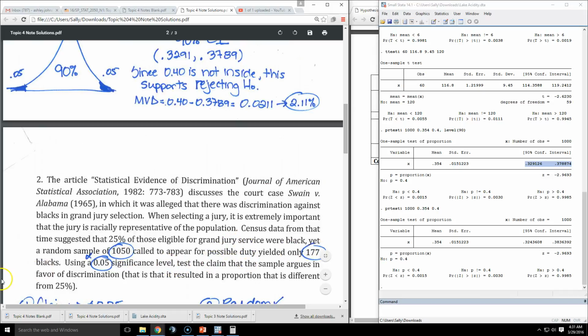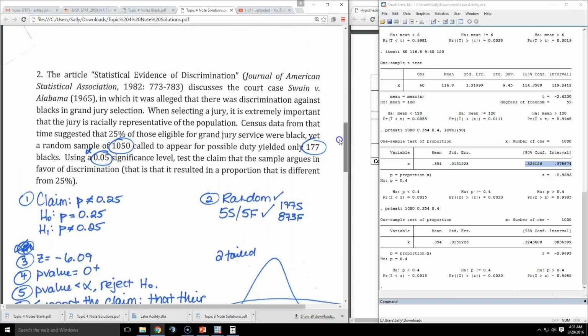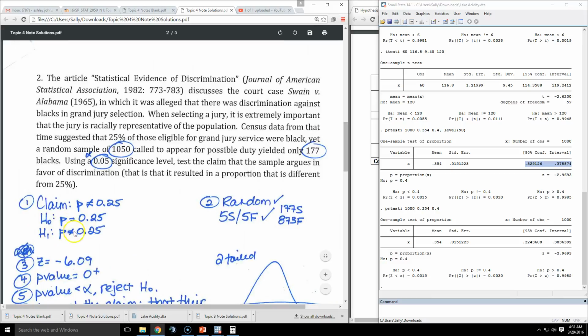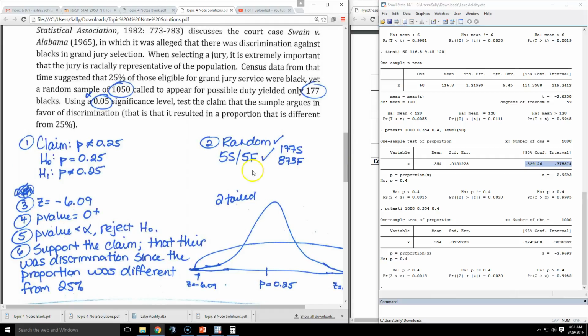So test the claim that the sample argues in favor of discrimination, and that means that the proportion is different from 25%. So this is similar to our re-bowling kids because we want to test for a difference. So the claim is that the proportion is different from 0.25. And if this is the case, it's statistically different, either too high or too low, then they really should have reevaluated. But unfortunately, corruption is sometimes impossible to prove, but it's probably pretty present in all times of